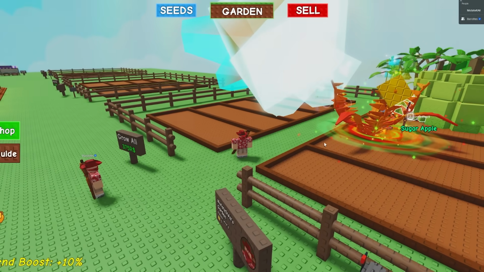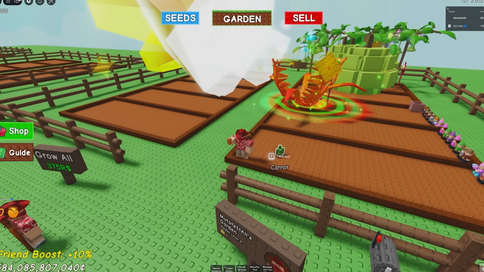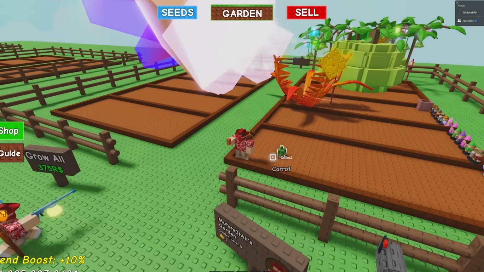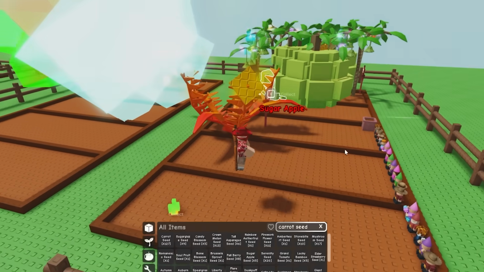So I am going to go ahead though and spawn in a carrot seed right here, and we're going to use our main account to spray the carrot with the shocked mutation spray. Okay, there we go. And now that we have a shocked carrot here, we can go ahead and spawn in